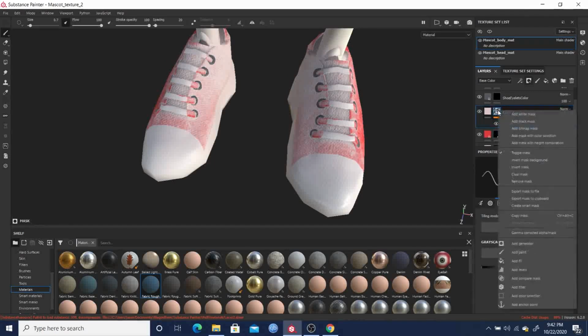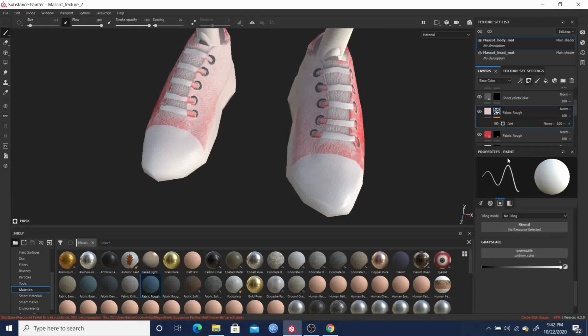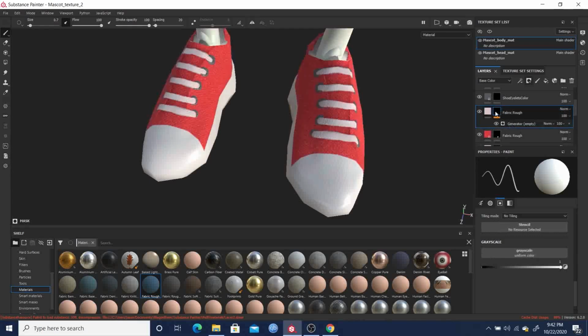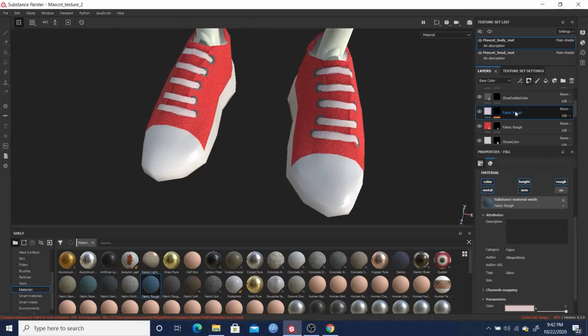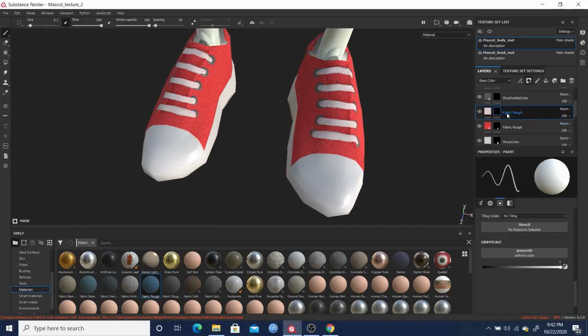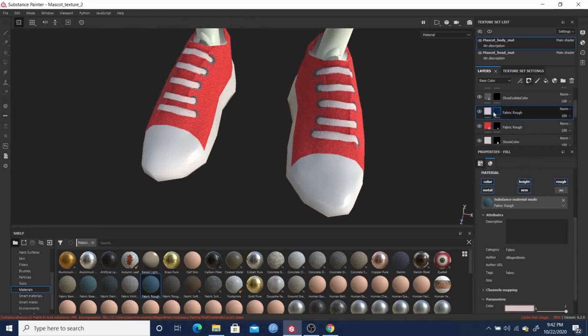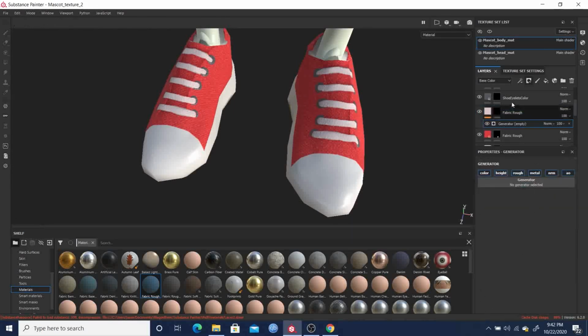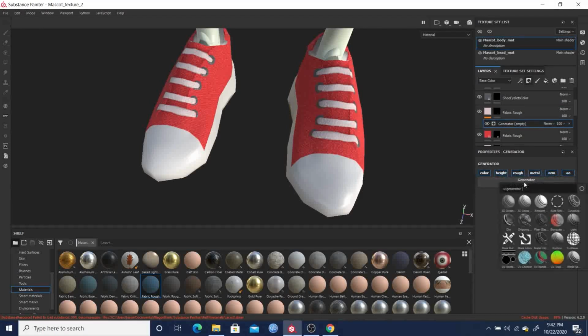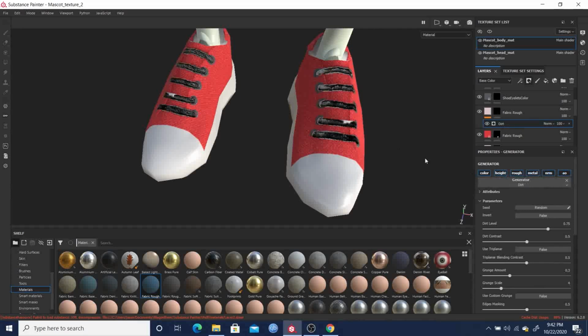And actually I want to copy, actually it does an overall, let's see here. Actually I don't want that, I think because I had the mask selected. So I want this, and then I'm going to delete this generator, go to this, and then add a generator. So I was actually on the mask, so I want it on the actual color. So with that, yeah, we can use pretty much everything, that's fine. So once we put that dirt on there,